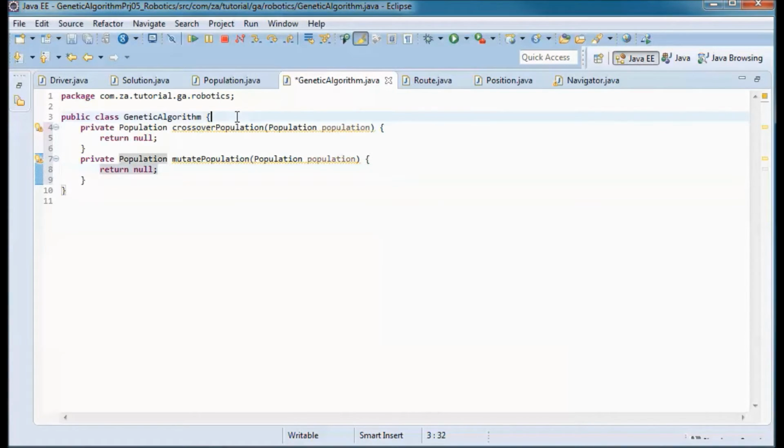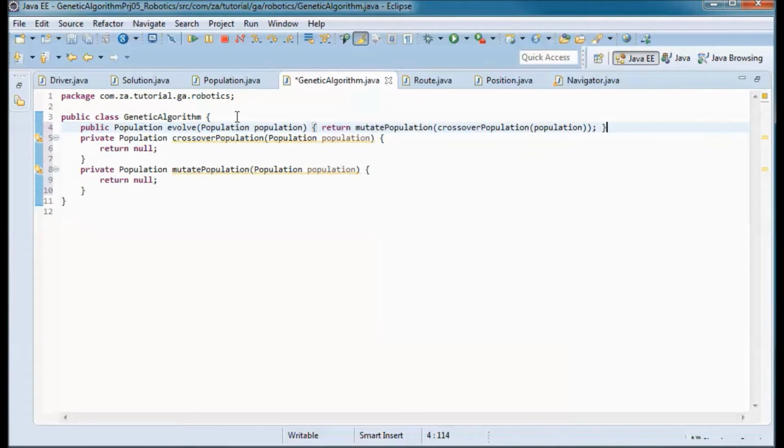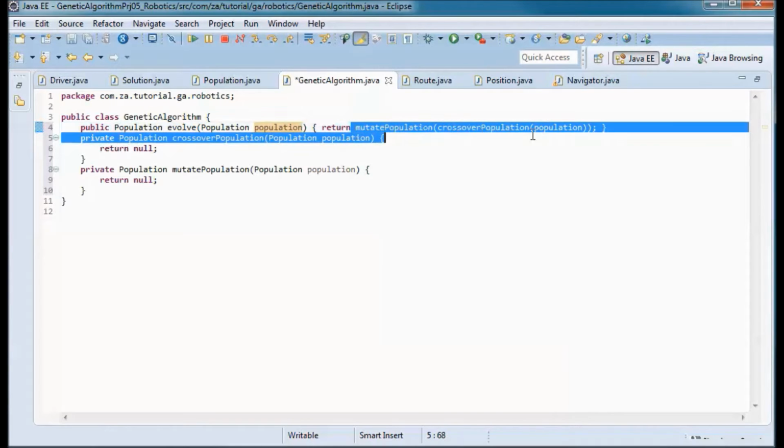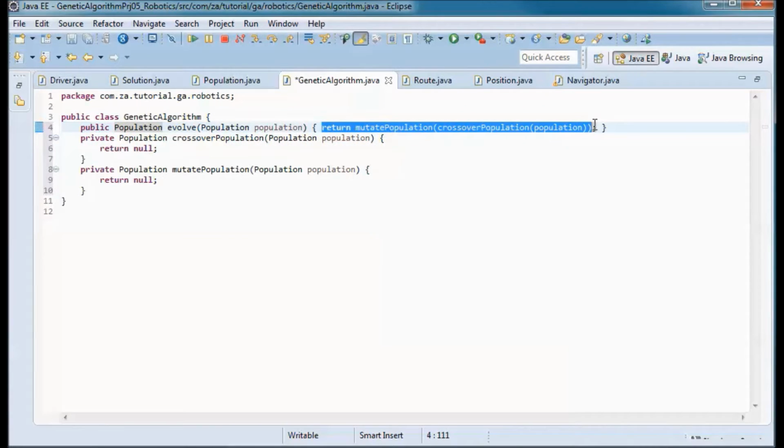And the only public method that we will have in this class is this evolve method that takes in a population and ends up calling crossover population, and the population that is returned from that, it calls a mutate population on it, and returns the evolved population.